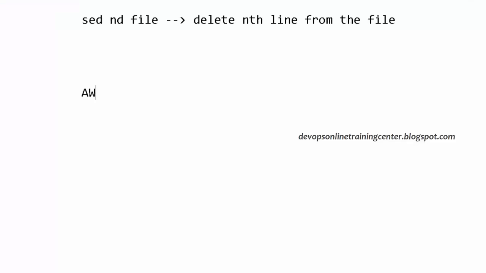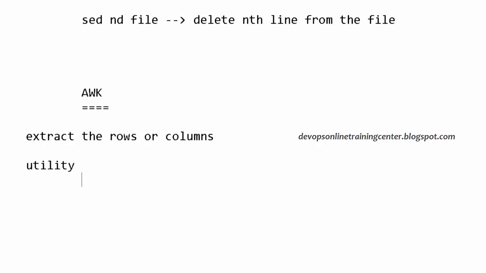Okay. There is a utility called AWK. This is basically to extract rows and columns based on the requirement. So what is the syntax? It is named after the three developers who developed this utility.